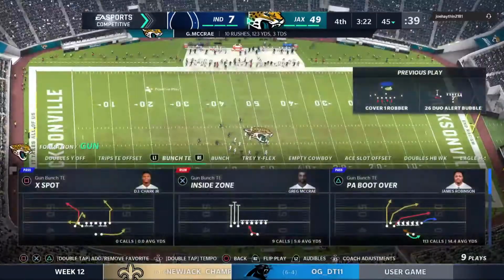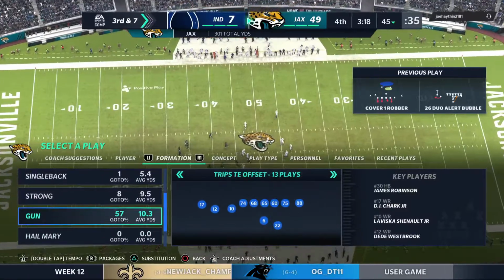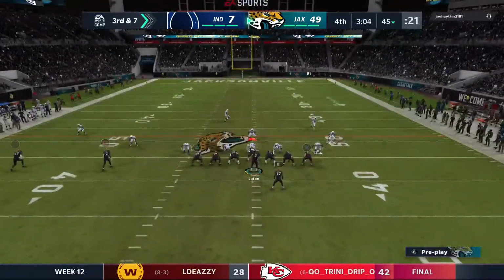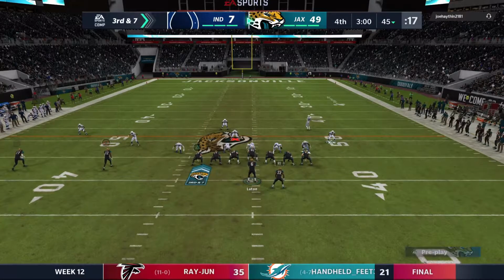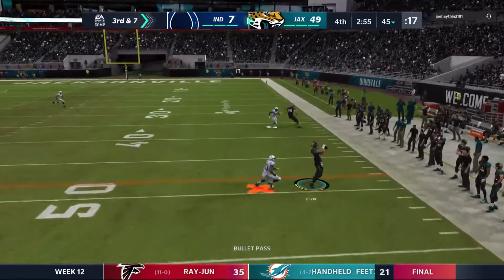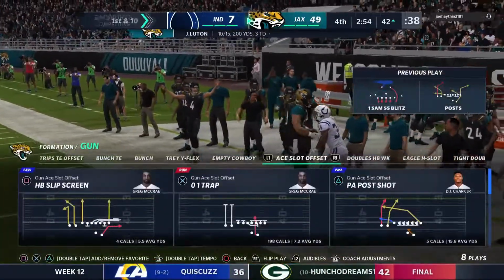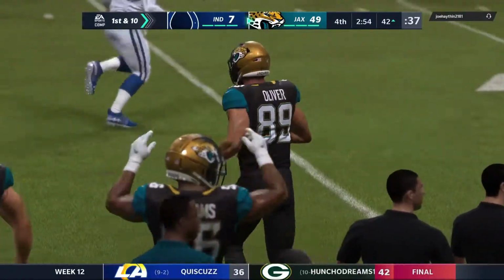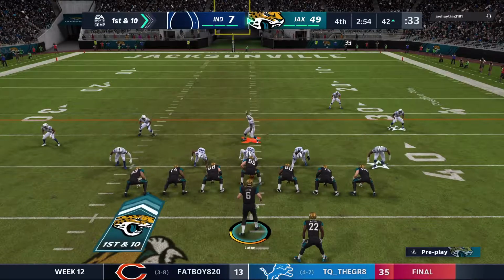4 yards on the pickup there as they get it back to a more manageable 3rd and 7. Brandon, I've got to think this offensive line has got some smiles on its faces. And I know it sounds crazy, but they practiced for this back in training camp. They knew they'd be in situations where it'd be extra defenders in the box coming after them, trying to keep them from locking down a game. Right now, they want to show the world they're up to the challenge. And he'll be out of bounds just shy of the 40. A 14-yard first down pickup for the Jaguars. 1st and 10 at the 42-yard